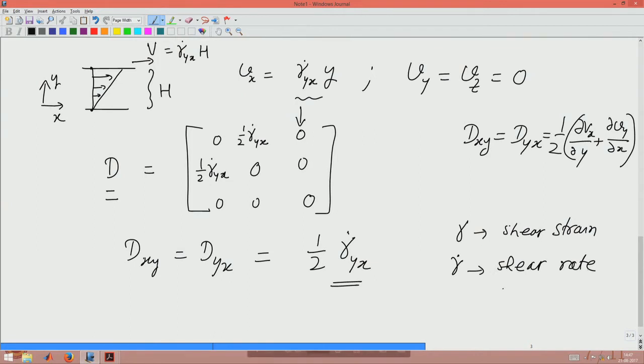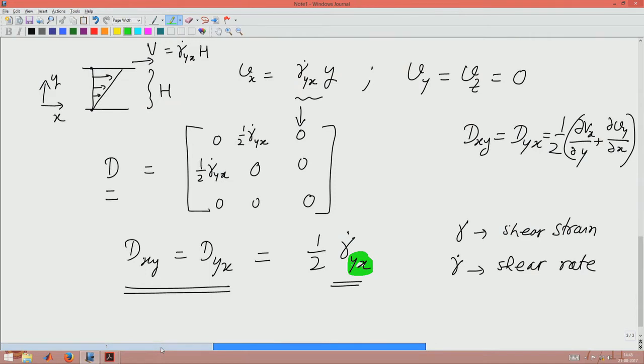So, just to be consistent with that, we are using the symbol gamma dot, but really the overall tensor that we are interested in is actually the strain rate tensor. So, dxy and dyx are equal to each other, and both of them are half times this gamma dot symbol. Just to remind ourselves that it is not one dimensional, it is part of the overall 3 dimensional description, we use this symbol yx, just to remind us that it is a simple shear flow, but